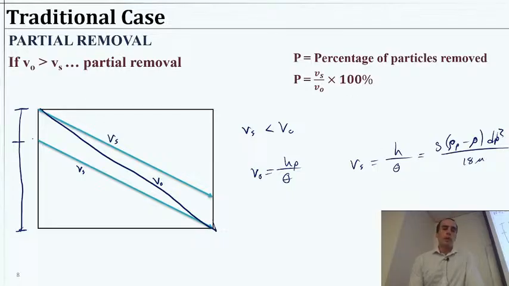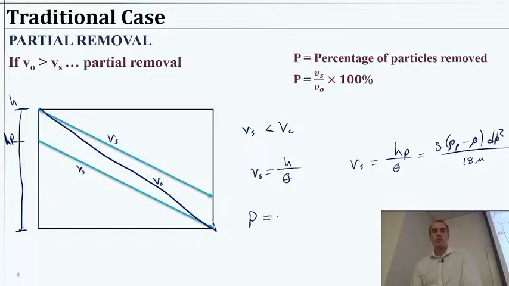So if we have some height, let me write this better. That should be the height of the particle, and this should be the height of the chamber. So we're designing it for the height of the chamber, and a given particle will be some arbitrary amount. So if we take a look at the speed at which a given particle travels, and we have some information about that, and we compare that to our V naught,